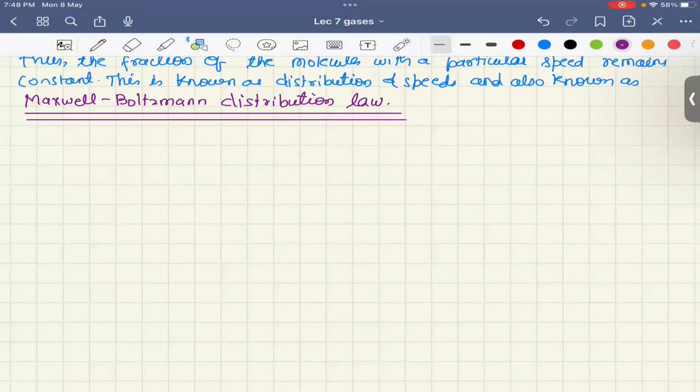So in this class, we have seen the remaining postulates of kinetic theory of gases. Further, we have also seen the kinetic gas equation, and then we have derived the expression for pressure-volume relationship in terms of molecules. Then we have also found out the relationship for the average kinetic energy of the molecule. We have then clubbed together this, and then we have proved that the kinetic energy is directly proportional to temperature. Further, we have also seen the explanation for gas laws like Boyle's law, Charles' law, and Dalton's law based on this kinetic molecular theory of gases. At the end, we have also introduced the Maxwell-Boltzmann distribution of the molecular species.